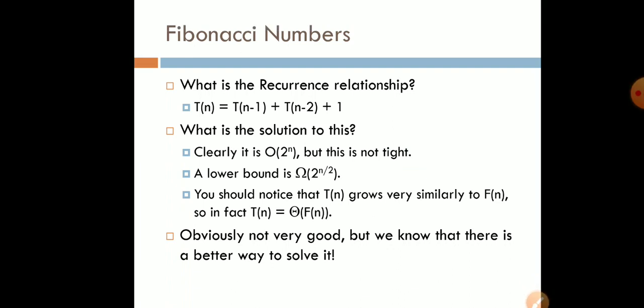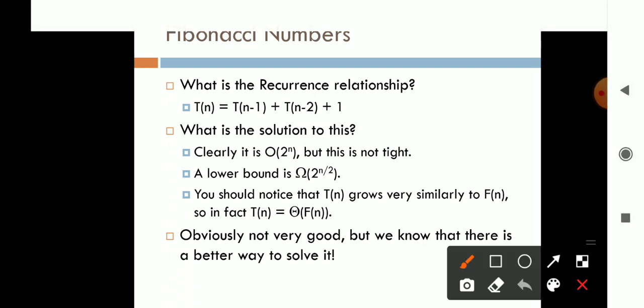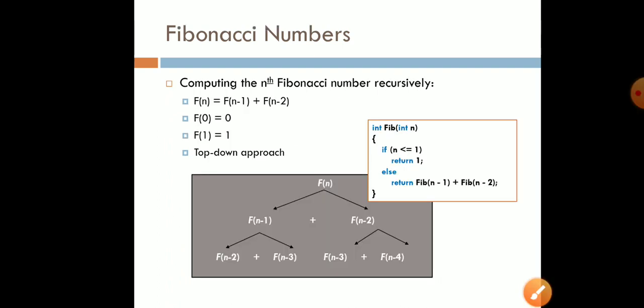Now what is the problem with this particular Fibonacci series? Let's see. Here we have the recurrence relationship. Recurrence relationship means how many times you are going to call the subproblems here. Of course, if we are talking about the nth number, clearly the complexity of this particular relationship is big O of 2 to the power n, that is exponential. Multiple times we are going to repeat the recursion here.